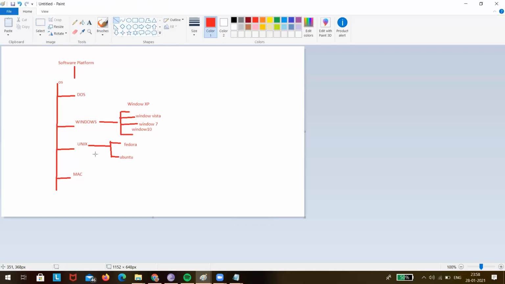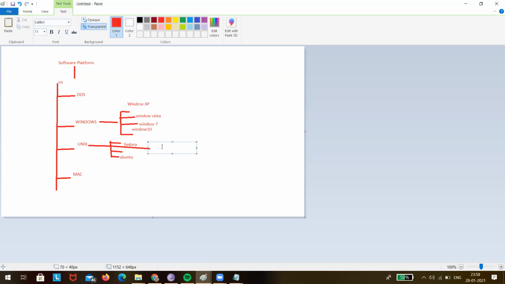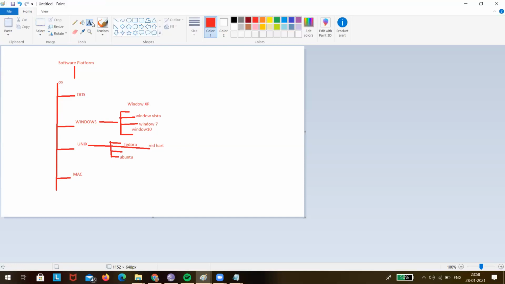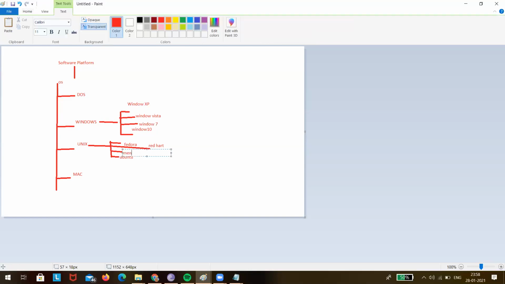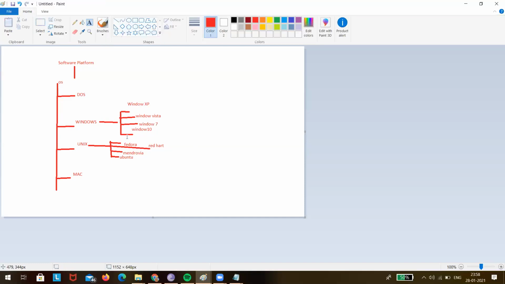Let me write down Fedora, Ubuntu, Red Hat, and Mandrovia. So these are the divisions of Unix, the versions of Unix.